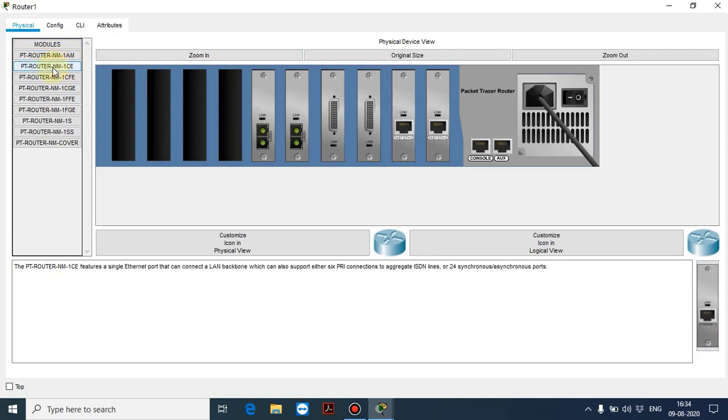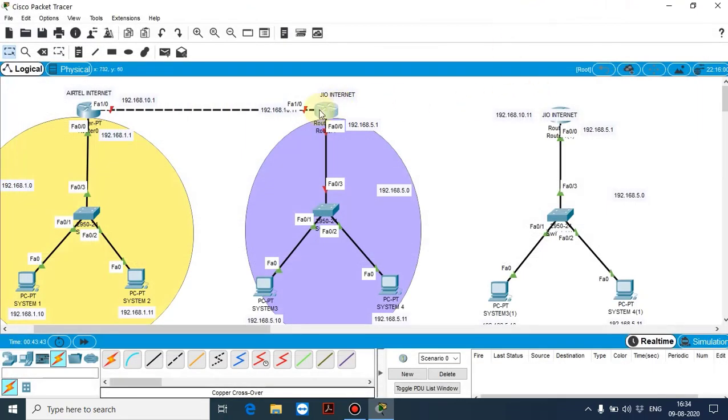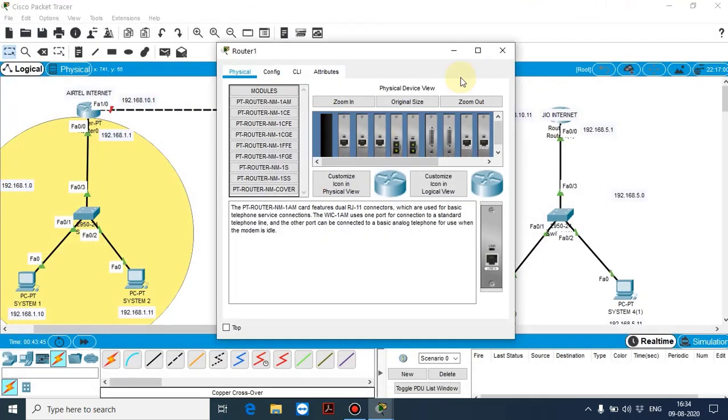See here the second port, PT-ROUTER-NM-1CE, is the Ethernet port. Drag and drop the port to your router. Now switch back on. Now close it and check whether the port is available.